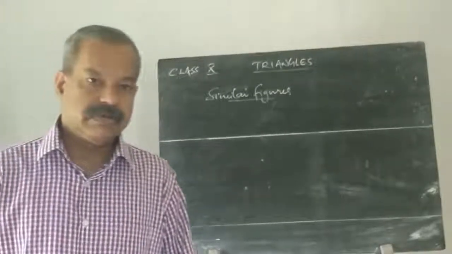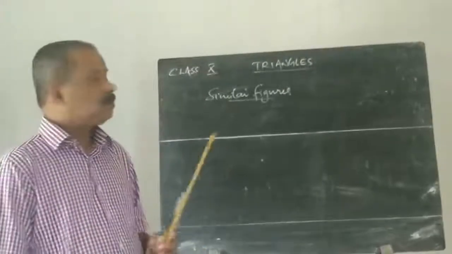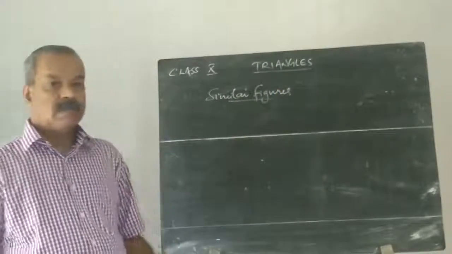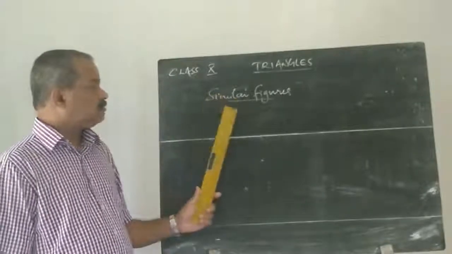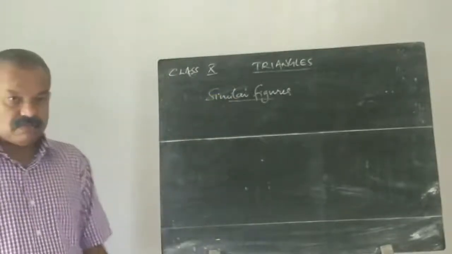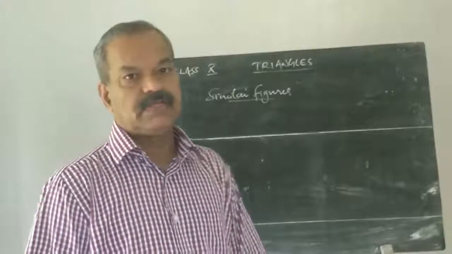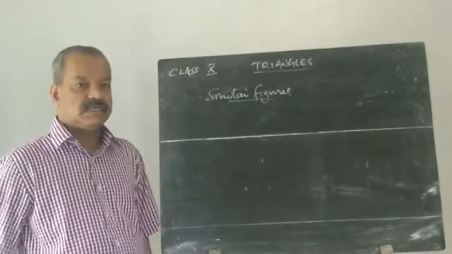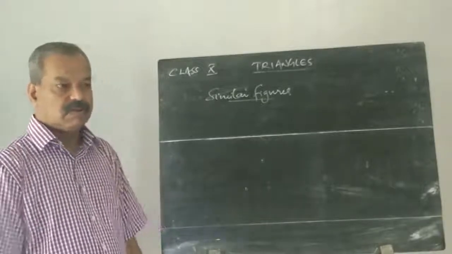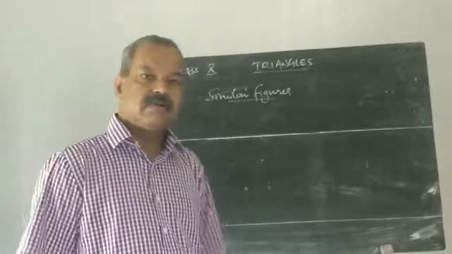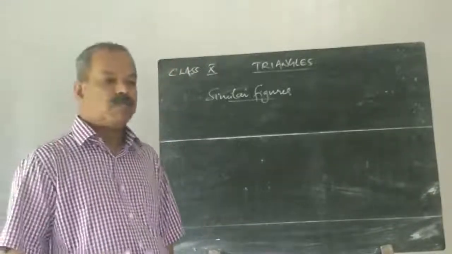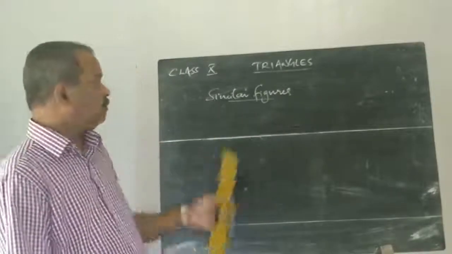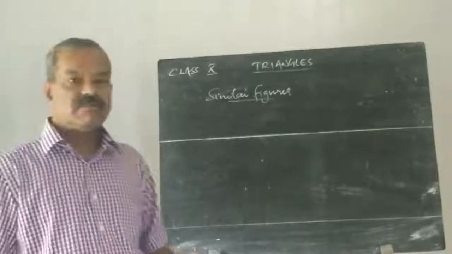In this class, we discuss the sixth lesson, triangles. In triangles, first we discuss the concept of similar figures. Are you familiar with similar figures? Casually, we say one is similar to the other. One figure or one picture is similar to another picture, or one object is similar to another object. So in geometry we have similar figures,